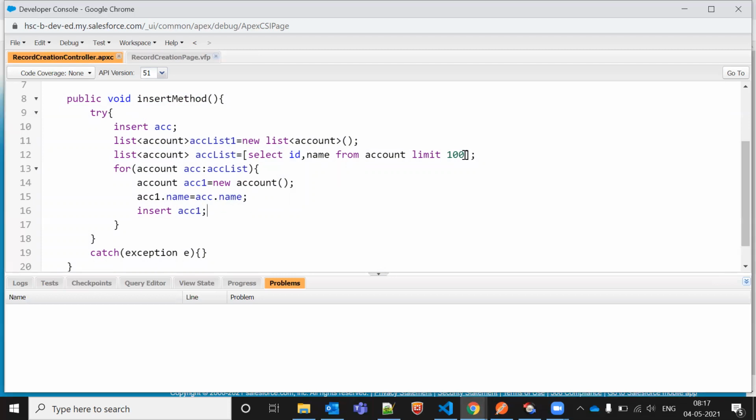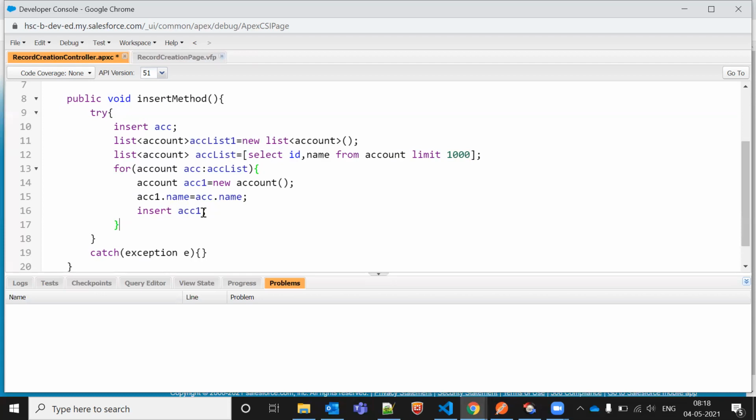Now why? Because let's say I have 1000 records here. It can be 1000, 1 lakh, 10 lakh, 10 crores, any number of records. As per the dynamic SQL and all, get query locator and all. So let's say I have 1000 records. It's a very small example. One record will come, my one DML will run. Second record will come, second DML will run, because this is a for loop. Scope of the for loop is from line number 13 to line number 17.